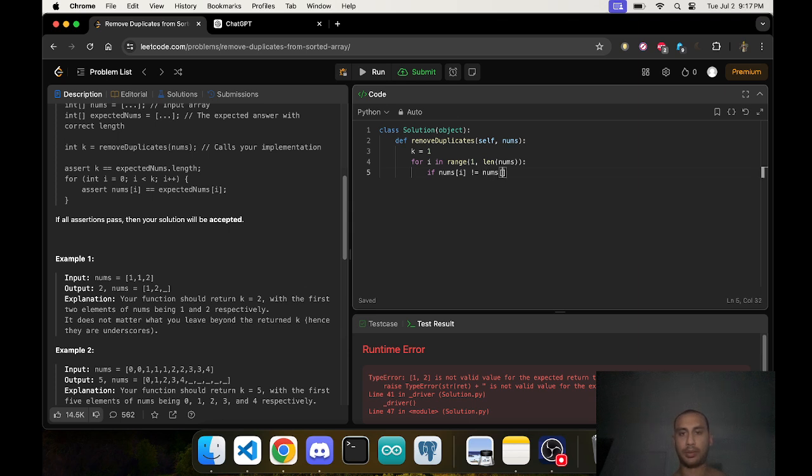nums I minus 1, if it's equal to I minus 1, then we don't do anything because it's not a unique element. So we only increment k when it's greater than, so we only increment k basically when the items are unique. So when it's equal to its previous element, it's not unique. So we don't do anything. When it isn't equal to the element, then we have to k plus equals 1,